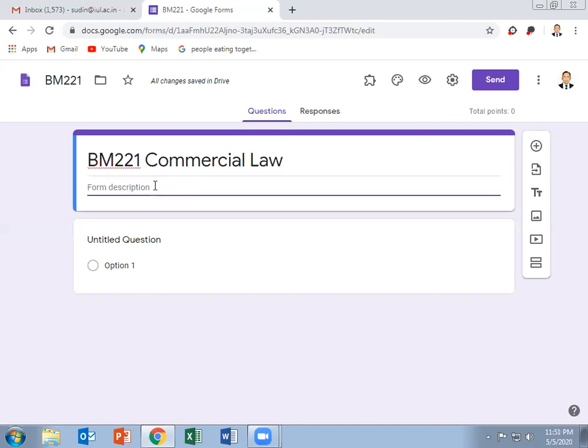So let me write it. The maximum marks is 20, and the time allotted for the examination is 45 minutes. These are just demo timings and demo marks. These will be changed according to the departments.